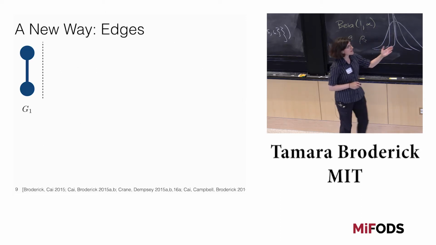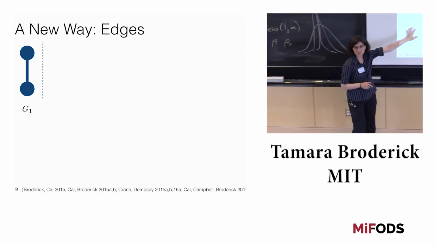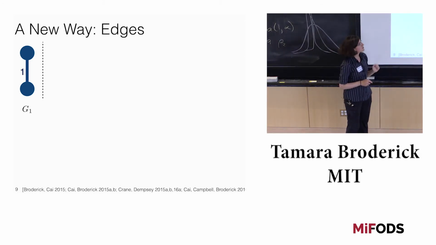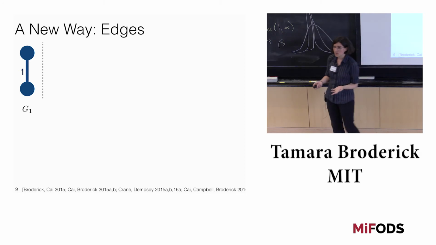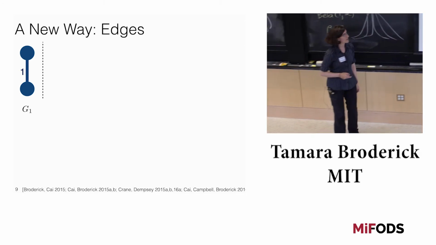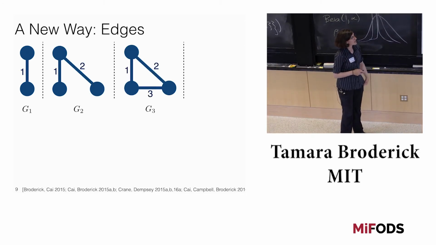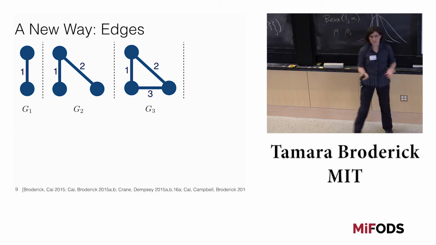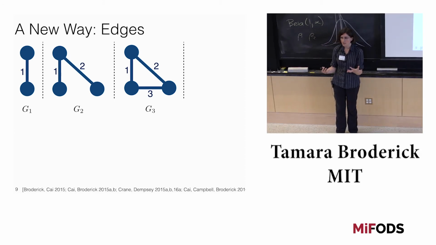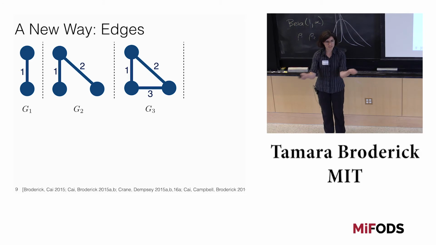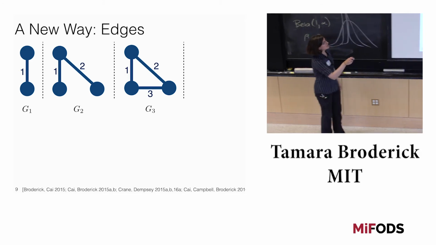So before we said on each step of the sequence, we'll introduce a node. Now we say on each step of the sequence, we'll introduce an edge. So we can order the edges by the steps on which they occur. So we have the first step, the second step, the third step. You could think of this as emails coming in. Maybe we're interested in a relational network, and each of the nodes is an individual, and they're sending some emails. And so here we have an email between two individuals.